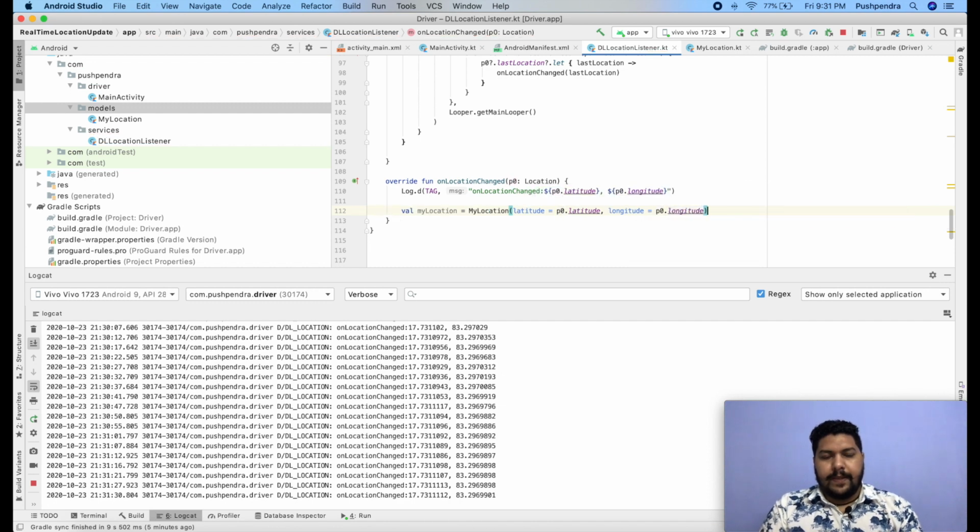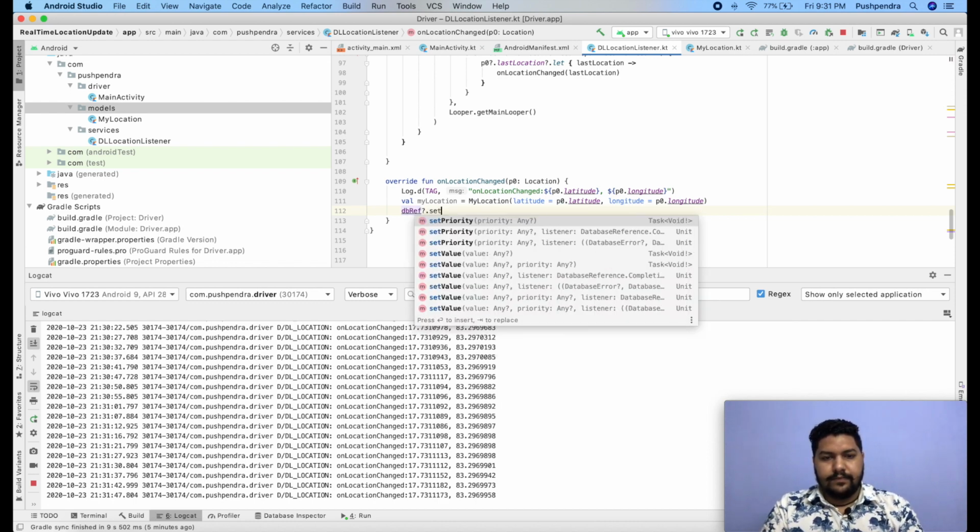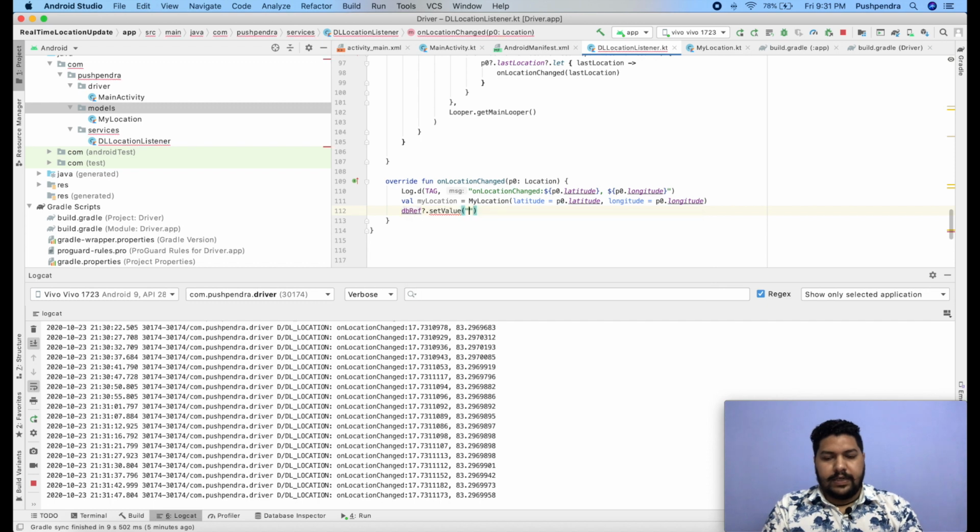Done. Now this value I have to set in our database. So dbref dot set value, and here I'll first give dot child, and I'll give like driver points, set value.